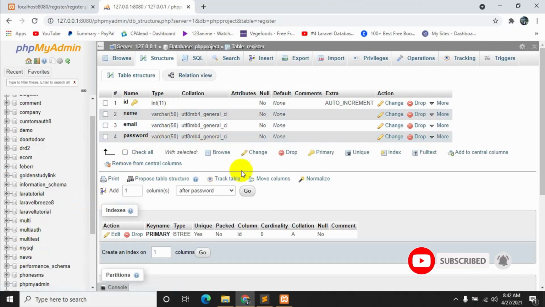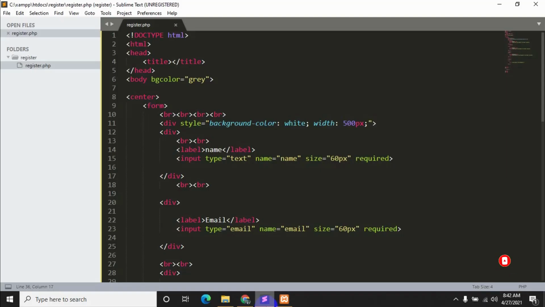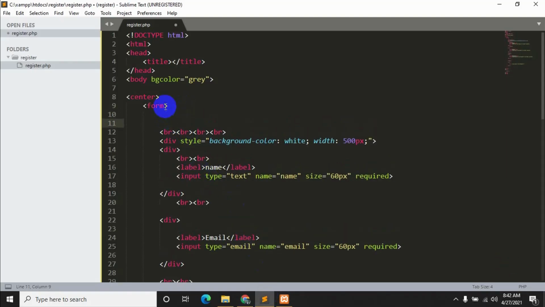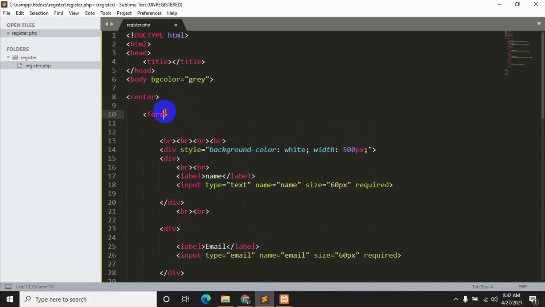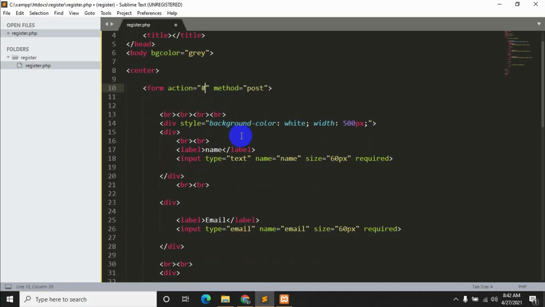Okay, so now let's go back to our code, and here you can see we wrote the form over here. Now inside this form we need to add action and method. Method will be post because we want to send the data to the database. Action will be hash because we'll send the data and write all the validation in the same page.